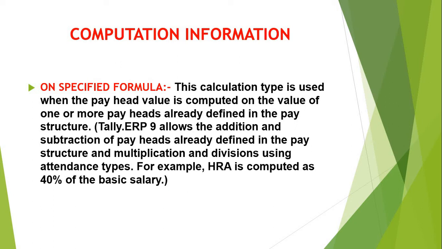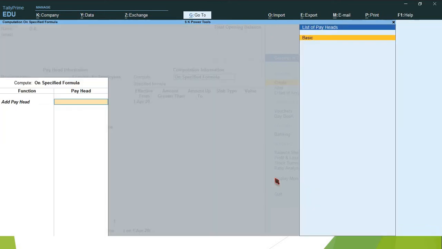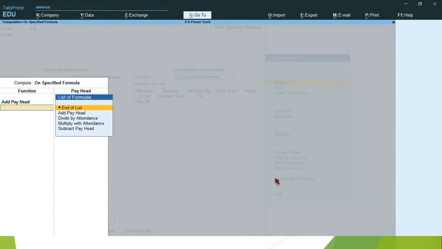Suppose you select on specified formula, you select basic salary and you type percentage of DA on basic salary. So here I will select on specified formula. Select basic. End of list.